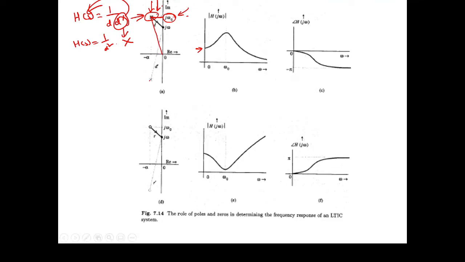So 1 by d, when d is smallest, Hs would be the highest. So we come to this highest amplitude point, and this omega naught is regarded as the resonating frequency